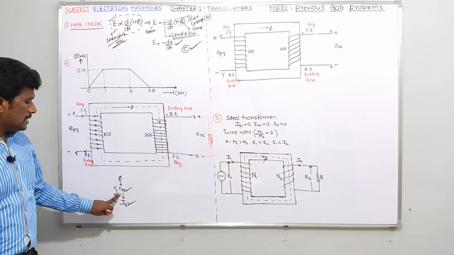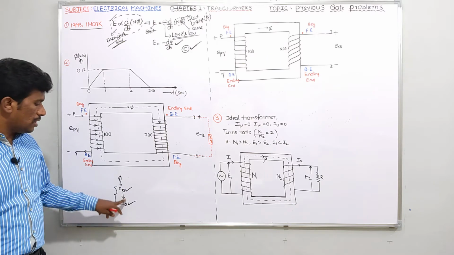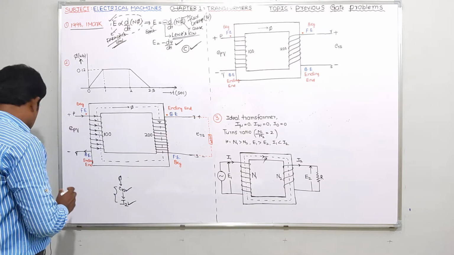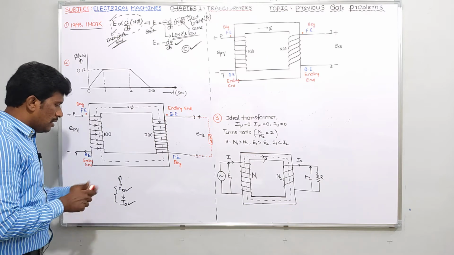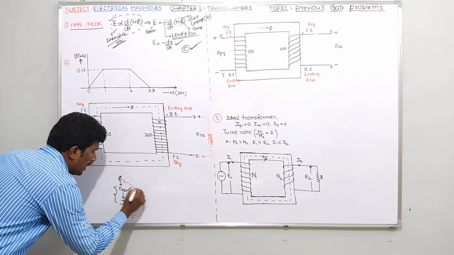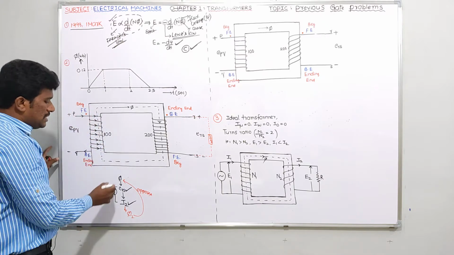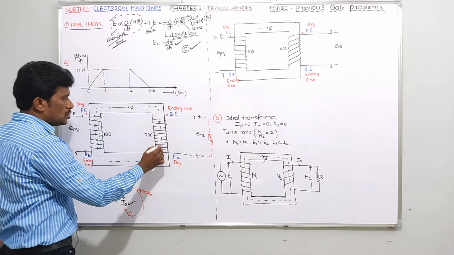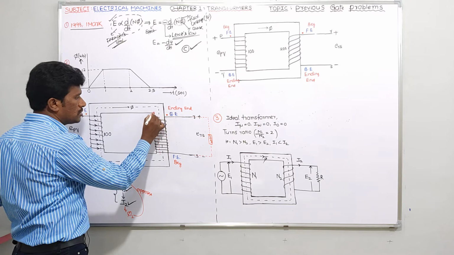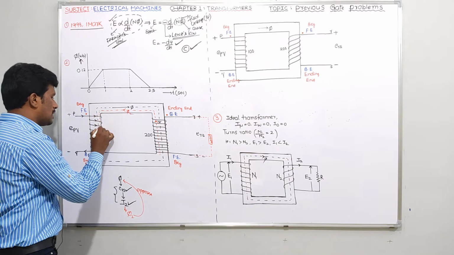Okay, so ERS is there and I2 is there. The polarity of ERS, or the polarity of I2 because of ERS, is given by Lenz law. So what Lenz law simply says is that because of this I2 current, you will get some flux phi 2. This phi 2 is going to oppose your phi. Yes or no? Now tell me, guys. If that is the case, your phi direction is downwards here. So what might be the direction of your phi 2? It should be upwards, it is opposing. So the direction of phi 2 is like this. It is taking a path like this.